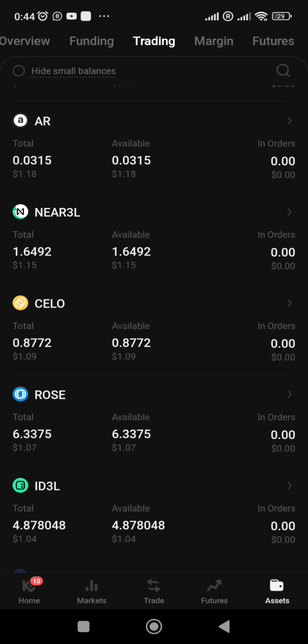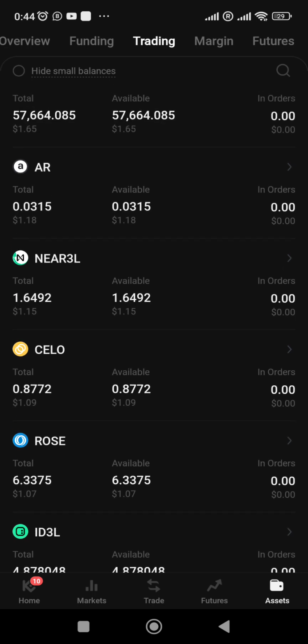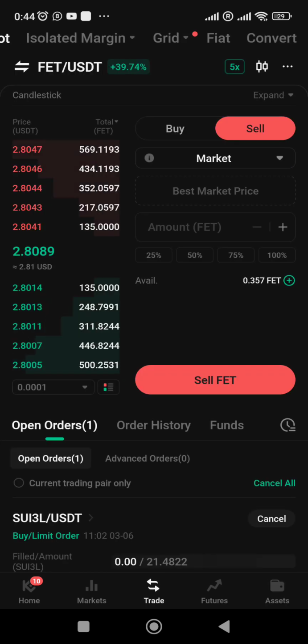Alright, so I've shown you 2 ways to sell if it tells you that you don't have enough to sell. You can buy more to increase it to the amount you want to sell, and then sell it quickly and buy again the amount you want to buy. You've not lost anything unless the margin is wide. But if you do that when the margin is very wide, I mean the margin between this